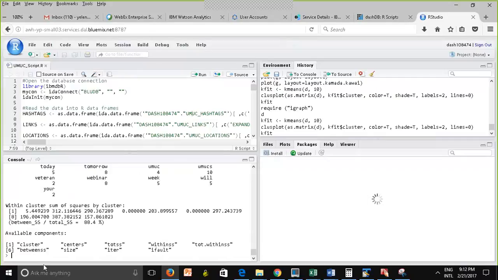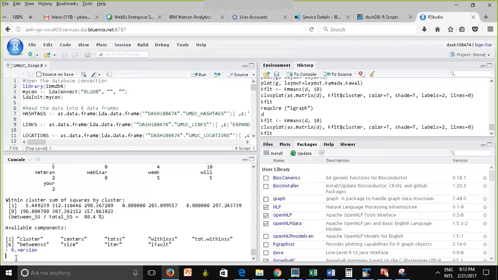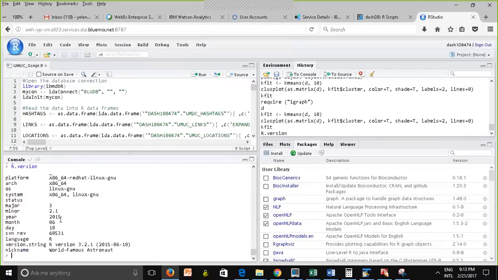So if I'm not sure what the version is, I run this command, R.version, and you want to check what version you're working with. It's a little slow at the moment because it's still trying to restore the last session, but the output is going to show me, here it is. The version installed is 3.2.1.